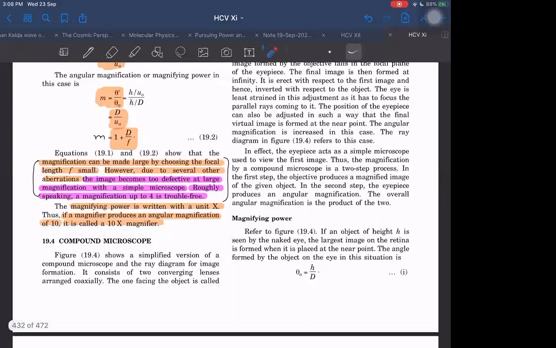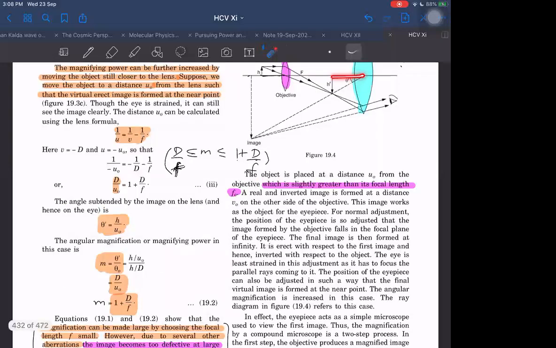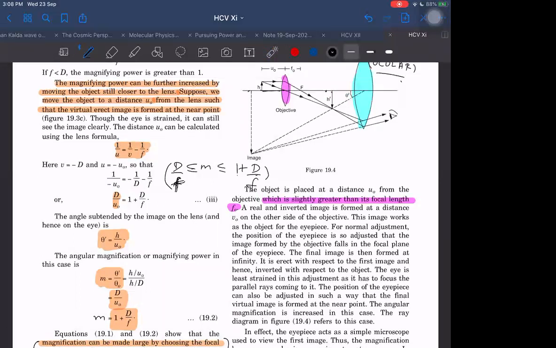So in this example, we are getting a virtual image. Yes, virtual we will be getting if it is less than f naught. Focus will be somewhere here. Here will be the focal length of the eyepiece. This is the focal length of the objective. This is FE and this is UE. And you are right, UE is less than FE. But on the other hand, U naught was greater than F naught.